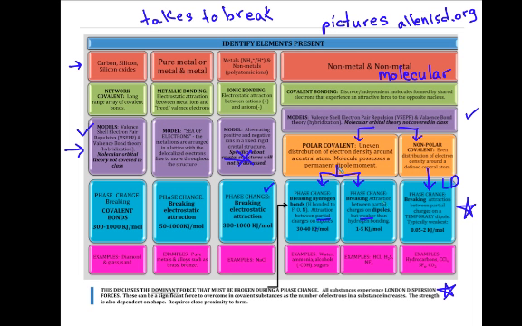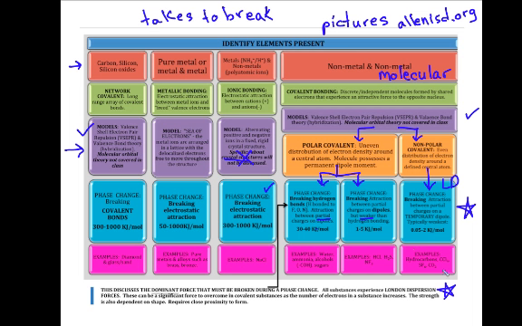So I always ask myself, okay, is it polar covalent or non-polar covalent? Once I've decided it's polar covalent, I say, well, can it hydrogen bond? If the answer to that is no, then by default it's a more simple dipole. Okay, now,